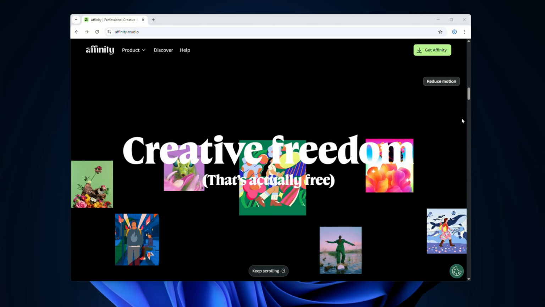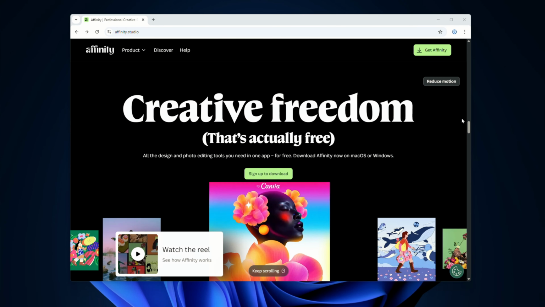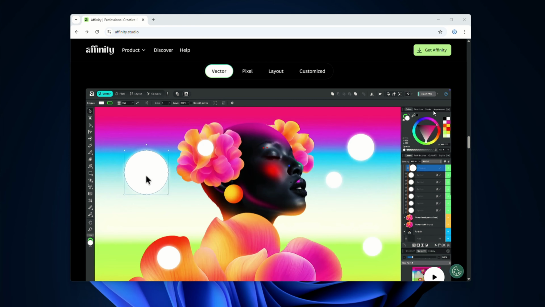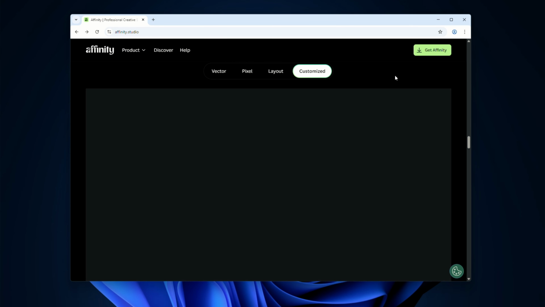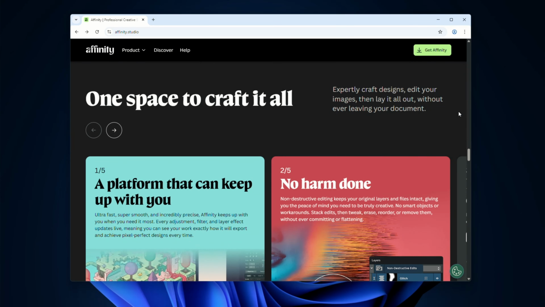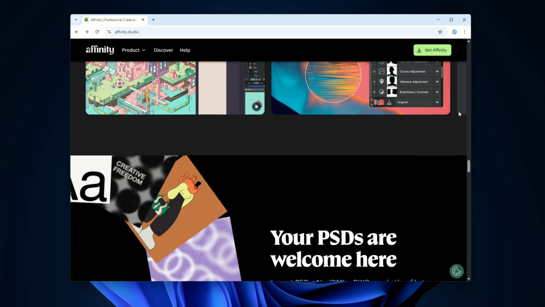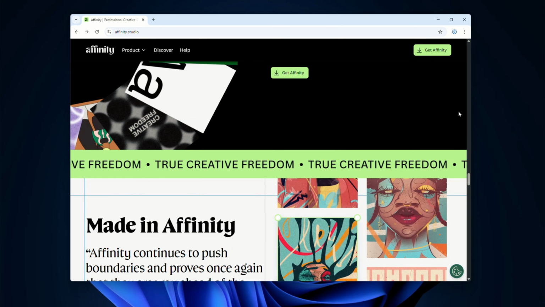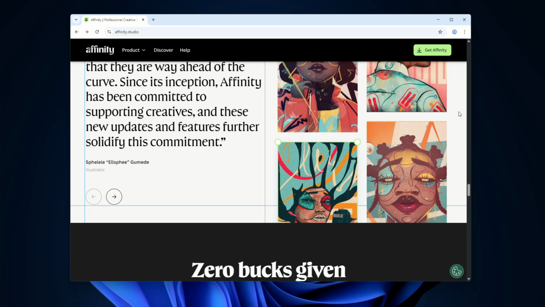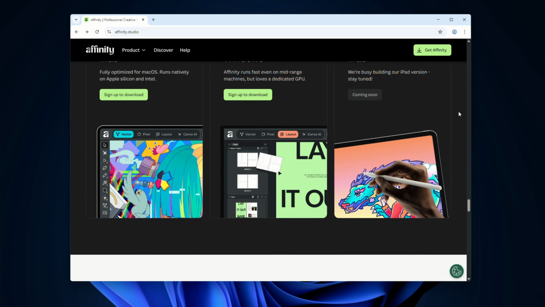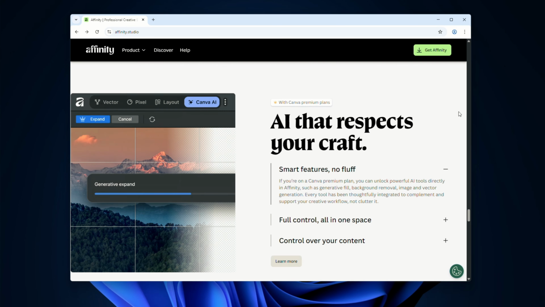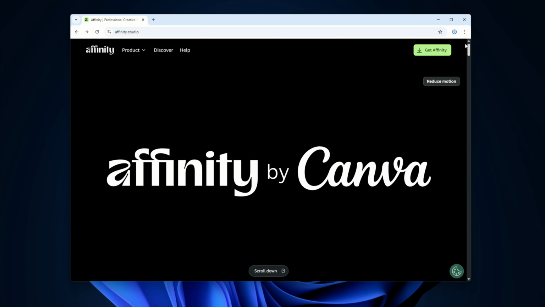The team at Affinity, which had been acquired by Canva, just launched a brand new version of the app. Instead of having three separate apps, Affinity Designer, Affinity Photo, and Affinity Publisher, everything is now combined into one unified app called Affinity with a single file format, .af. You can download the app right now from its website,